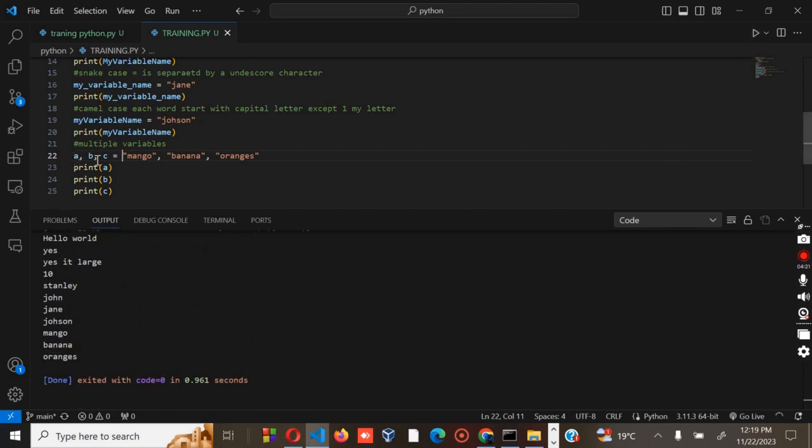So we have A, B, C. So this is whereby you deal with multiple variables. This one will make your work simpler when declaring these variables. Okay, so in our next part, having done all the cases of variables, we have camel, snake, and the Pascal. Okay, let's move to the next part, the output